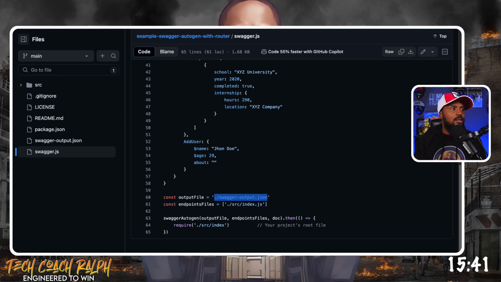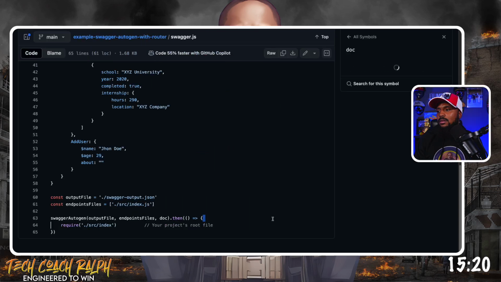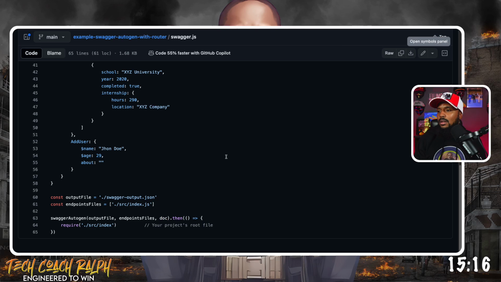What do I have in mind? So output file, endpoint file is the routes, doc, docs, and then